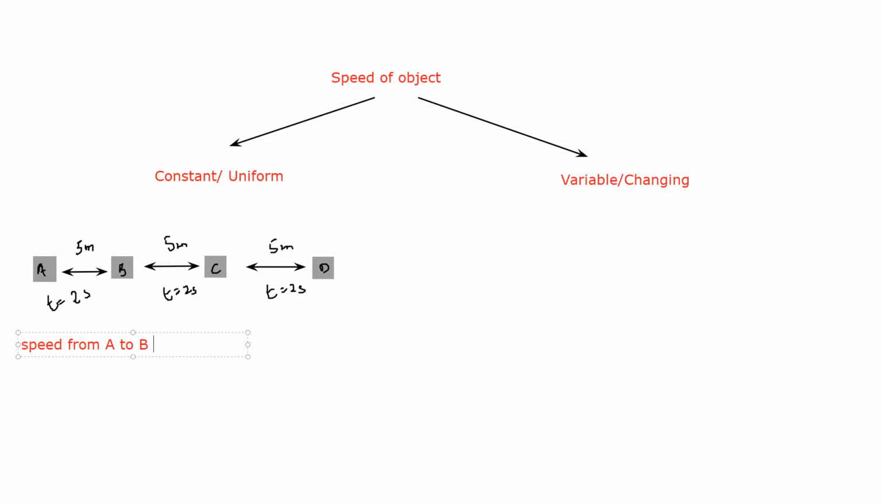speed is equal to distance traveled in a unit time. The distance traveled from A to B is 5, and the time it took to travel from A to B is 2. So 5 divided by 2 is equal to 2.5, and the distance is in meters and time is in seconds, so it will be meters per second. What about speed from